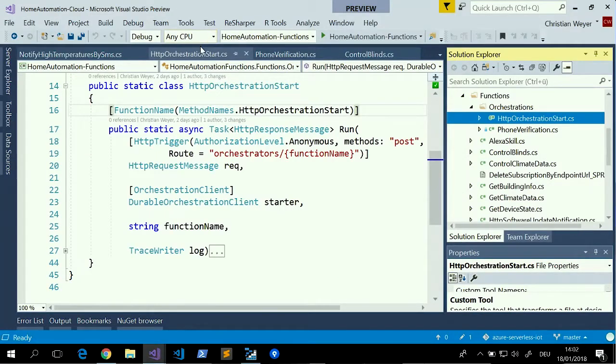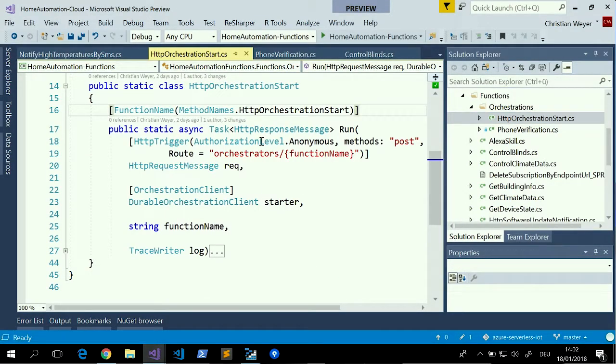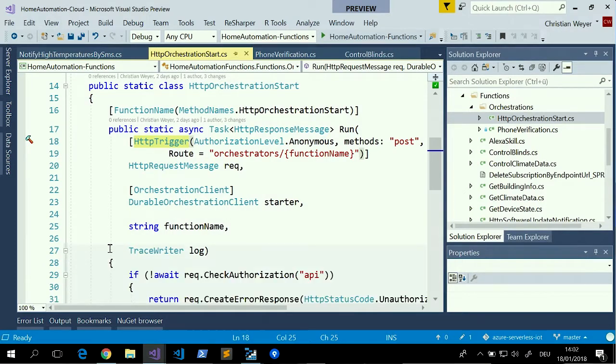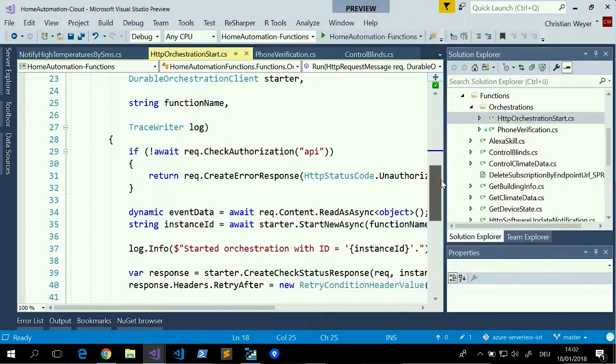So the HTTP orchestration start is just that. We have an HTTP trigger, which gets data via post. We are doing the authentication inside of the function because we are using a JWT token, which is a bearer-based authentication approach, right? And we are talking to Identity Server to validate the token.